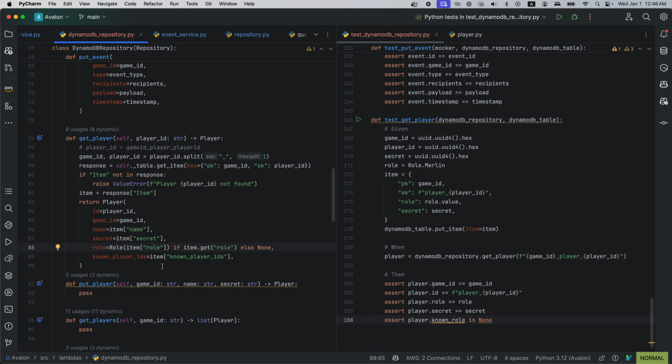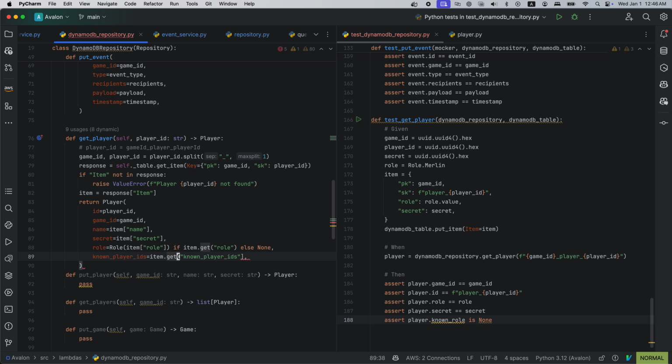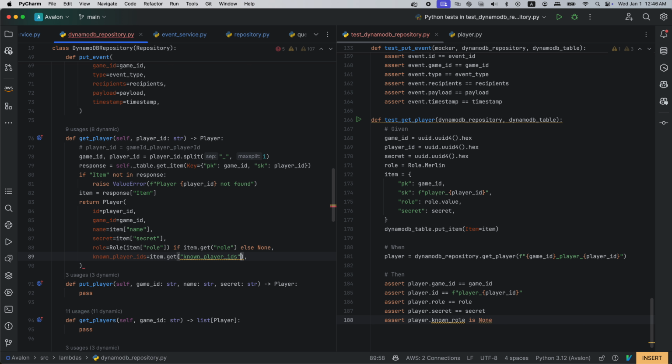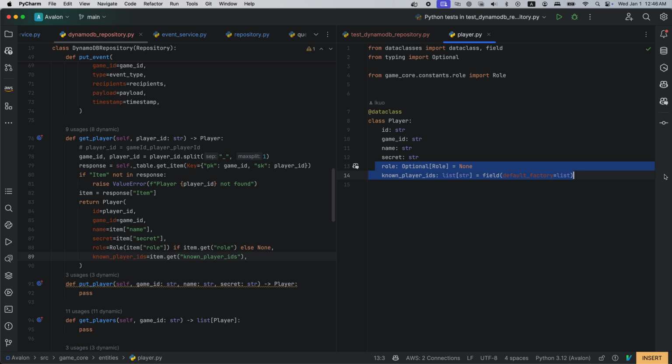So same as here. This needs to be a get because this is optional. Both row and the non-player IDs are optional. So that means, well, this actually is different.